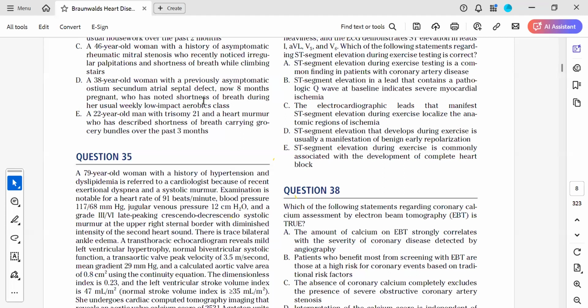Any contributions from colleagues, seniors? There have been some explanations with respect to increased afterload in such patients, but this scenario did not specifically mention the blood pressure value at the time of the echocardiography, which can also influence. The blood pressure was okay, it's 117/68. So then I'm just wondering why, because high afterload has been one of the explanations why